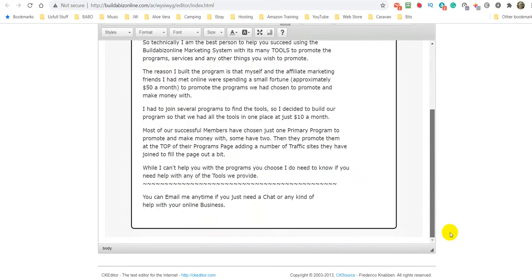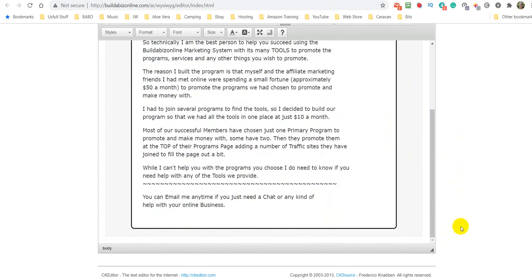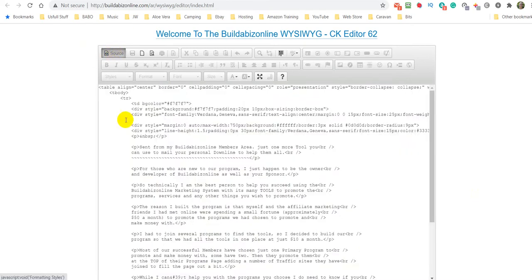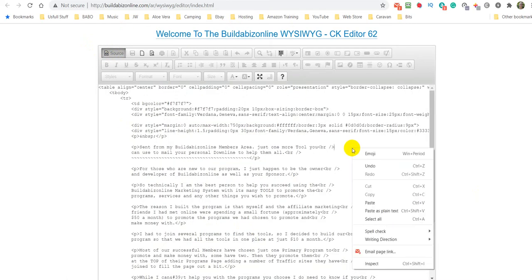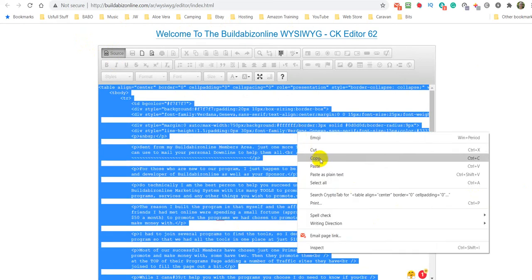Now I could use that just as it is. Probably doesn't make sense because it's only a template and I have to finish it off. But what I would do with this then, I would put my name in it and this, that, the other, whatever. And then I would go up to source and I would right click, select all, copy,